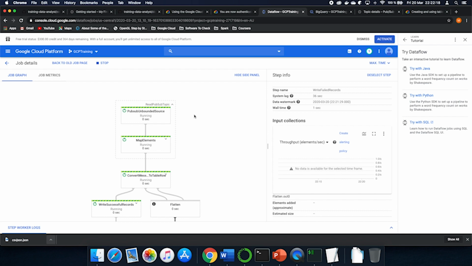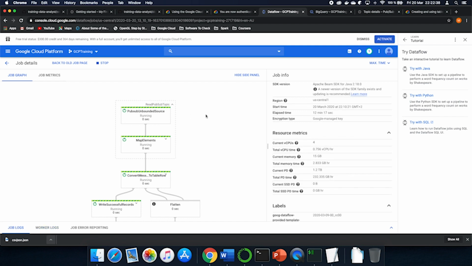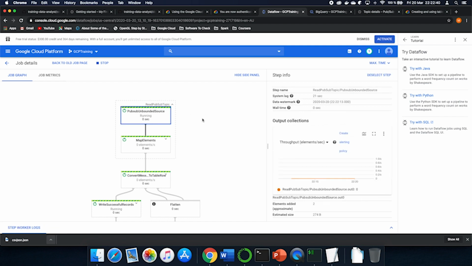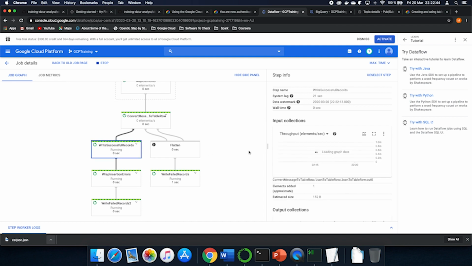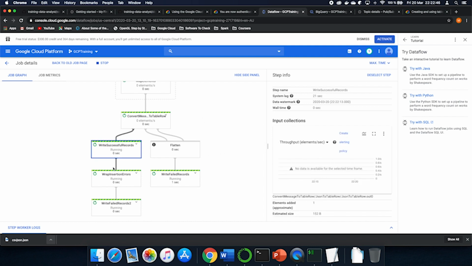So we have to wait some time, because as we said, the pipeline will pull data in a repeated way. So we have to wait for the next time it's pulling the data. This is happening pretty fast, but again, it is not real time. If you want real time, you have to use the push method. And as you can see, now we have elements added 1.